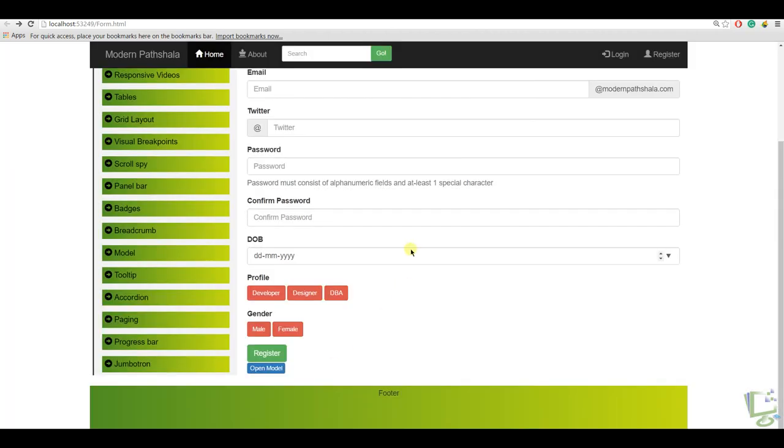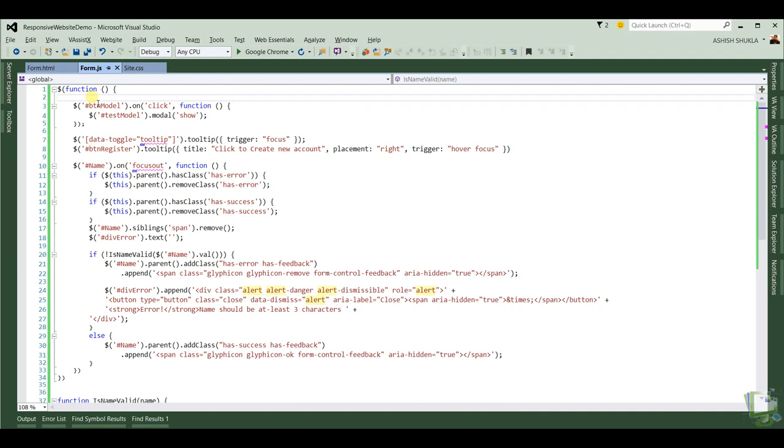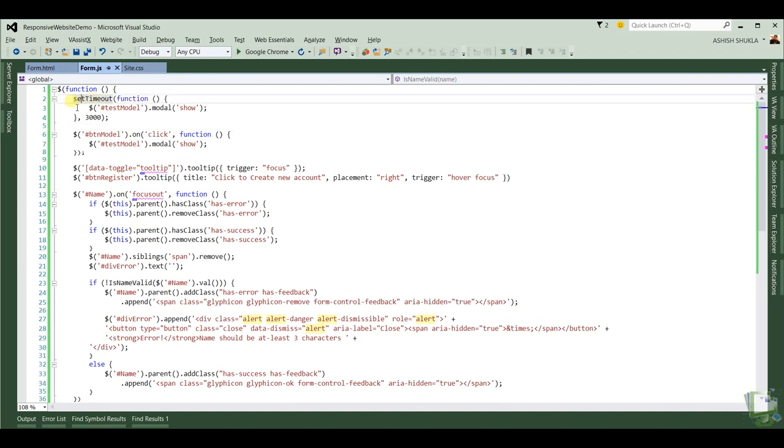Now if we want to open this modal pop-up automatically instead of clicking the Open Modal button, we can use the JavaScript setTimeout function to open this modal. So here I have added code for the setTimeout function. The setTimeout function takes the time in milliseconds, so I have provided 3000 milliseconds.